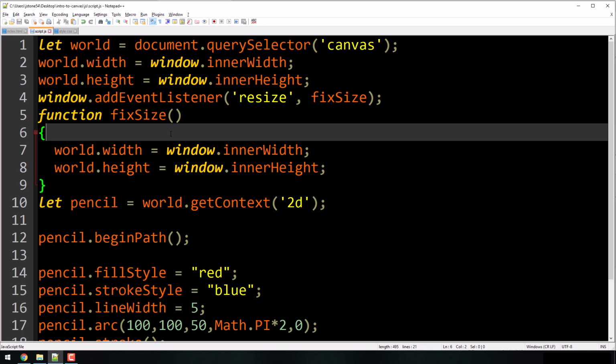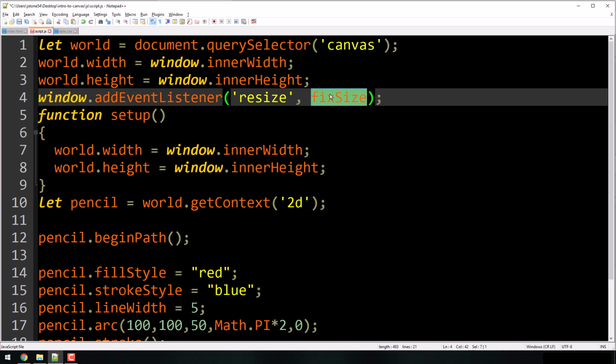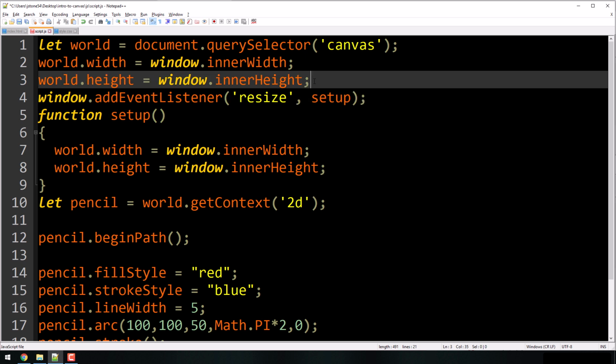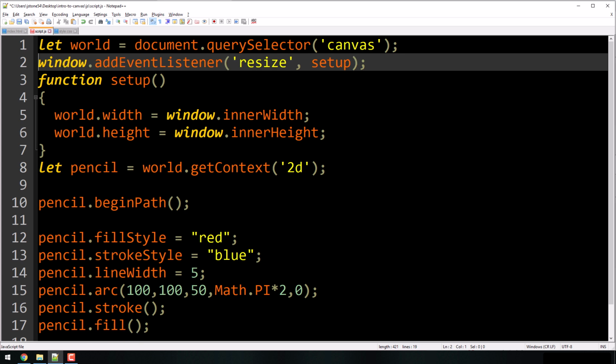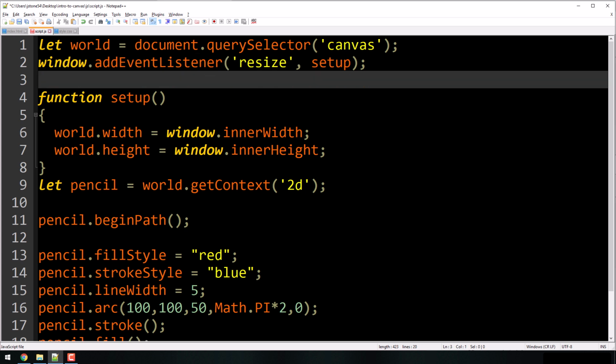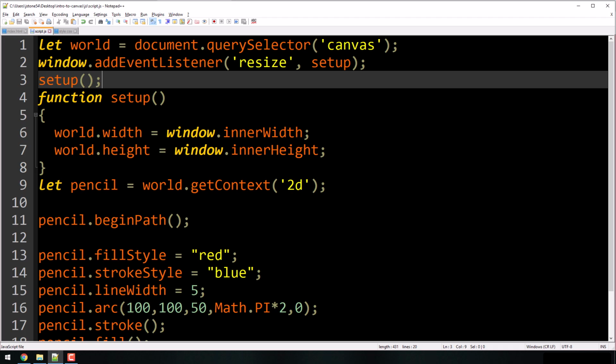So my idea of having a setup function was probably a good one. So let's do this. We're going to have a setup function here. We're going to call the setup function, and we're going to get rid of that. And now, as soon as this page loads, we're just going to call that setup function, right? This will work so far. This will give us the original thing with the ball, but as soon as I resize it, the ball goes away. So we need to fix that problem.